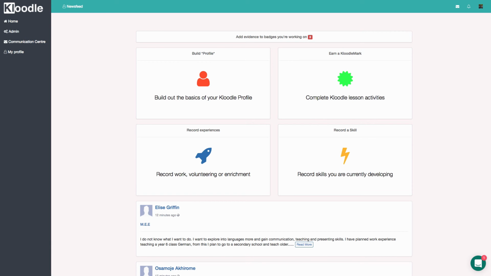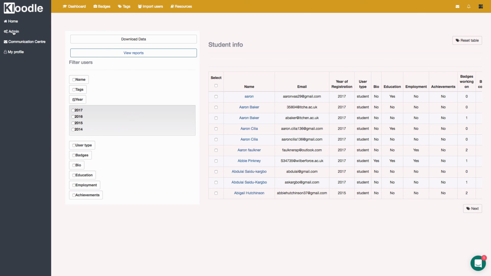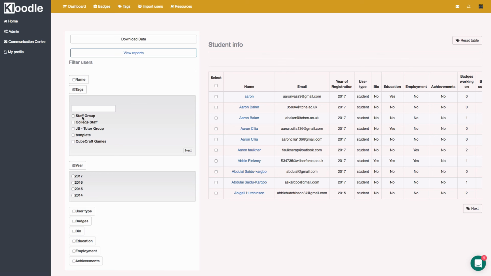Okay, so once you've logged in as a member of staff, you can now quickly check to see which of your students have completed their education section without having to dig down onto and looking at each individual student's profile. To do that, you need to log in, and then you need to click on admin, which is the second section down. Now here you've got a student dashboard, which is all the students in your school or college. So you can obviously type in the student name and see the individual student, or you might want to go to a group of students. So your tutor group, for instance,